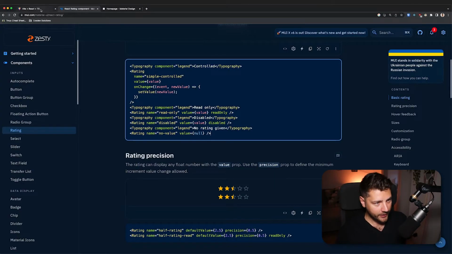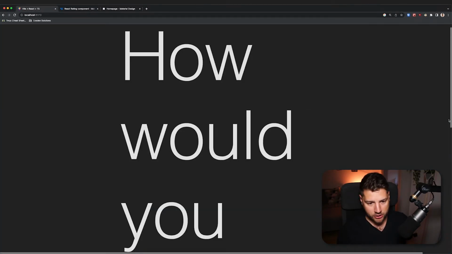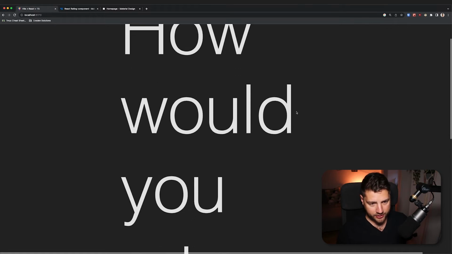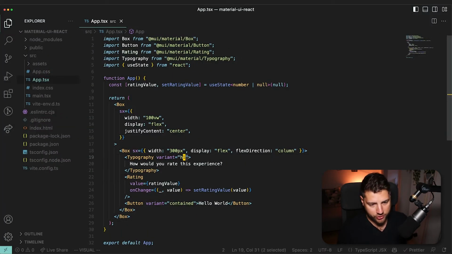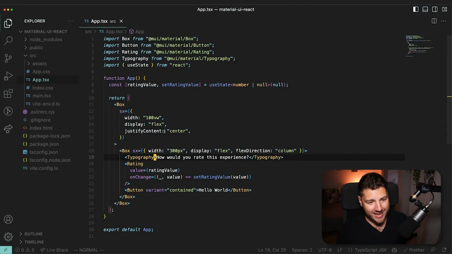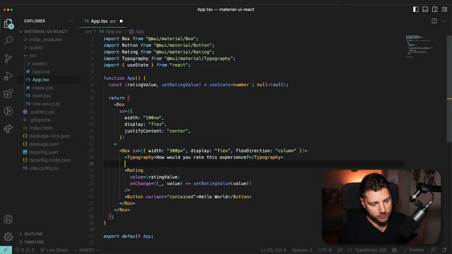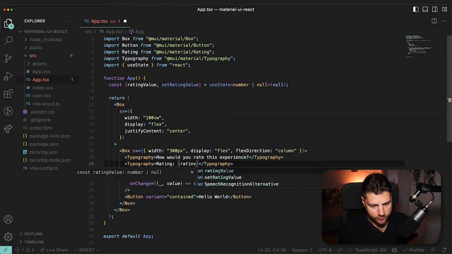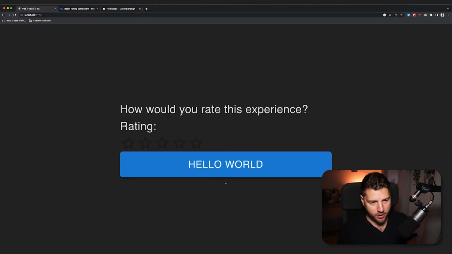And now if I open the application and maybe close this, and actually this is way too big. So instead of H1, we're just going to do like nothing, right? How would you rate this experience? I think if I put it, yes, every time we are clicking, we are now saving the value in our own state here. And actually we can confirm this by doing maybe another typography and then doing rating,